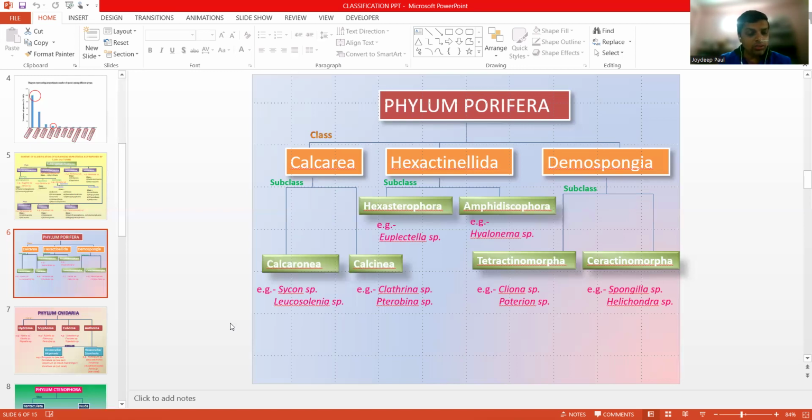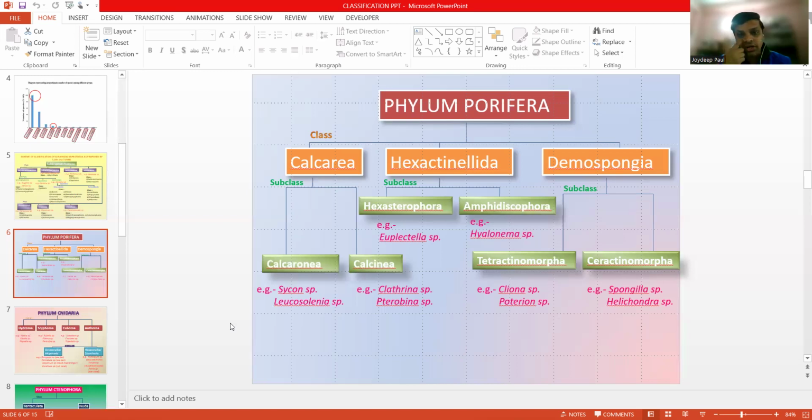If we talk about the word Porifera, it originated from the Greek word poras, which means pore, and fore means to bear. That means we can say that poriferans are animals bearing pores. Approximately 5,000 living sponge species are classified in the phylum Porifera, of which the most well known is Sycon. Now, let us talk about the general characteristics before moving into the classification scheme.